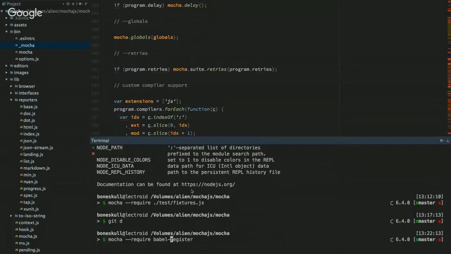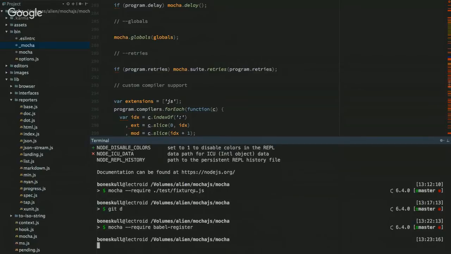But this was, again, originally written for CoffeeScript, and so you could say Mocha compilers coffee, and then you would give it the CoffeeScript register, or whatever the name of the module is that does this. For those who aren't aware what